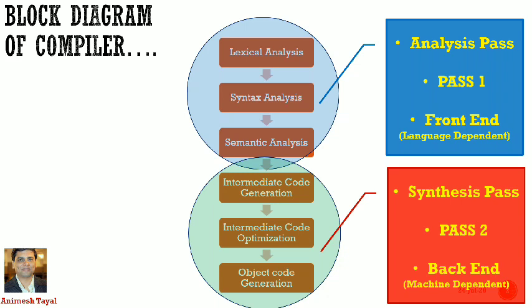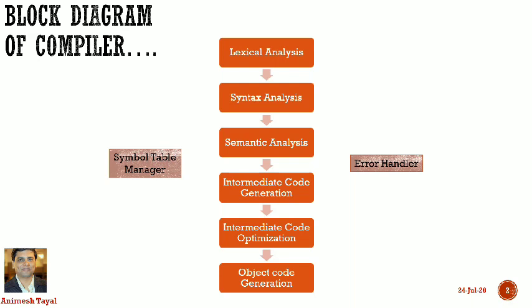Next, there are also two functionalities attached with the phases, all the phases of compilers, that is symbol table management and error handler. Symbol table will play the role for each compiler as a data structure, means all the information regarding the phases is stored in the symbol table. We can fetch and store, means phases can fetch and store all the information in symbol table. Another is error handler. Error handler will also be connected with each phase of compiler.